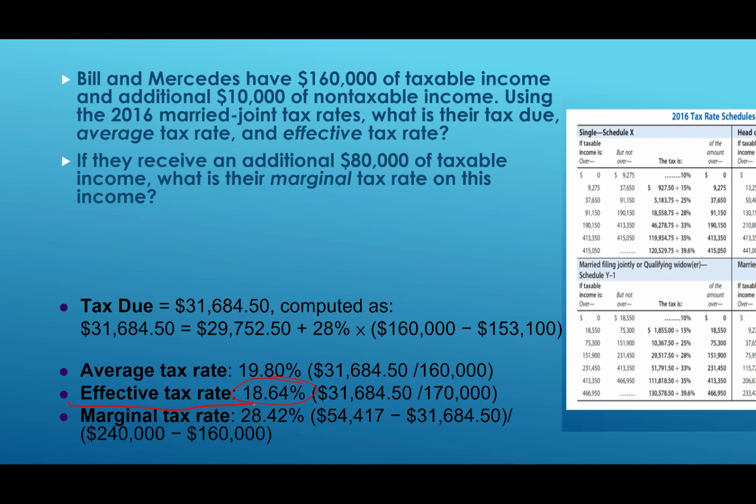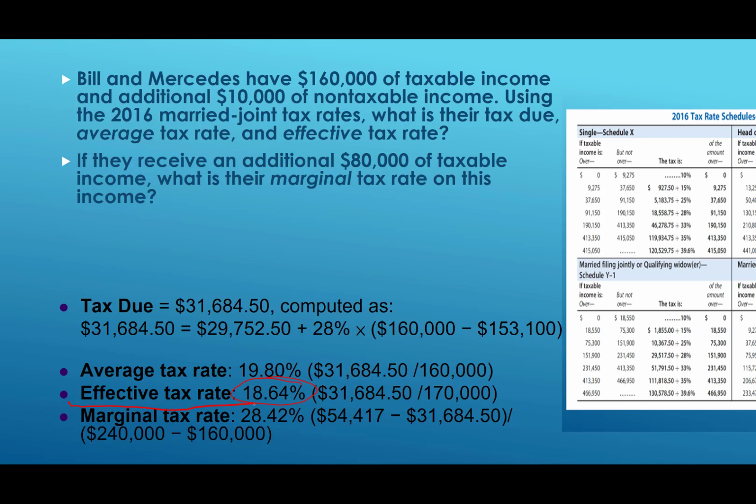Okay, so what happens? For the marginal rate, notice that we take the increase. So they went from what? They went from 160 to 240, so they had an $80,000 increase, and then we're just going to compute the tax on that increment. Okay, so what happens? You go back over to the tax rate schedule, but now you're just going to look at the increment that they had, which is this